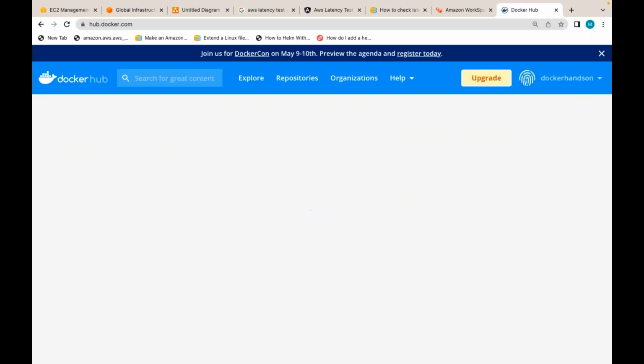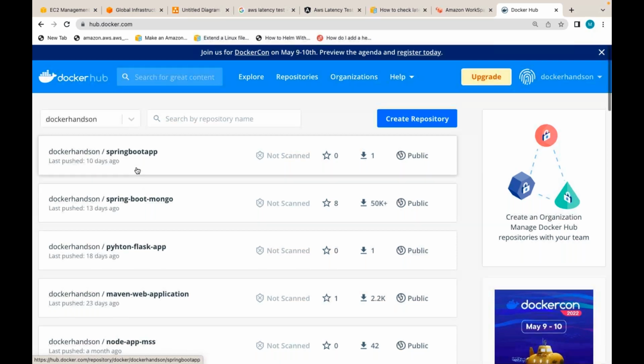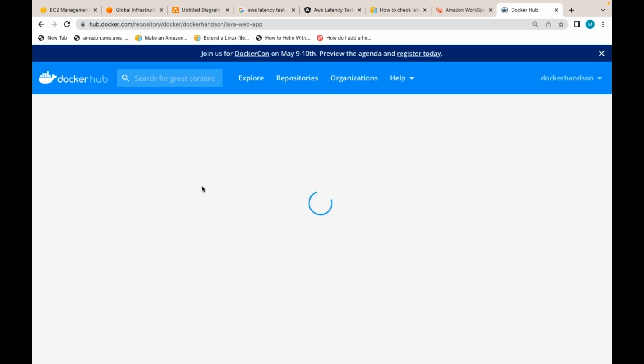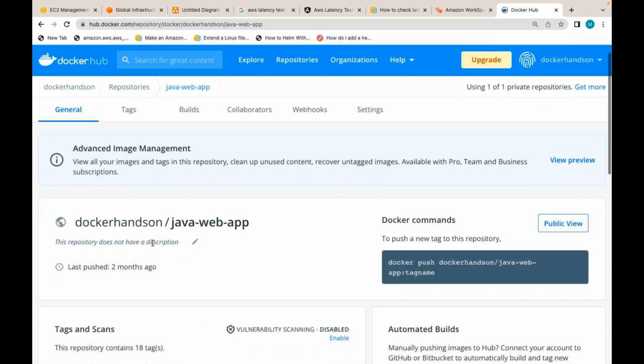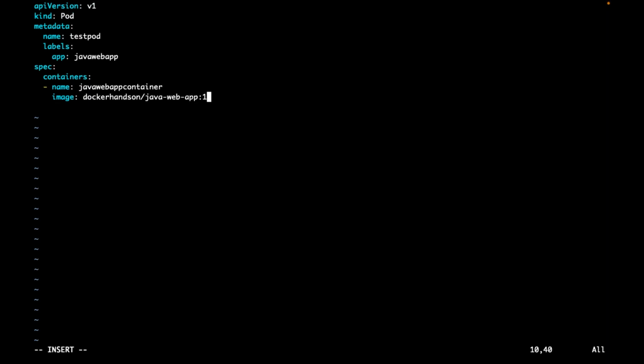Yes. Let's say this one. Within this, I have what tag, whether I have a tag with 1, 2, 3 or latest. Let's say Java Web App 1, ports, container port.